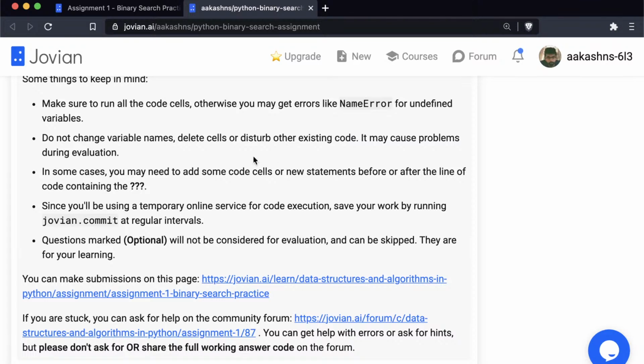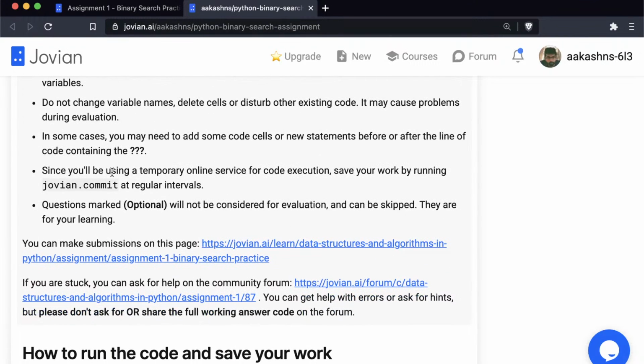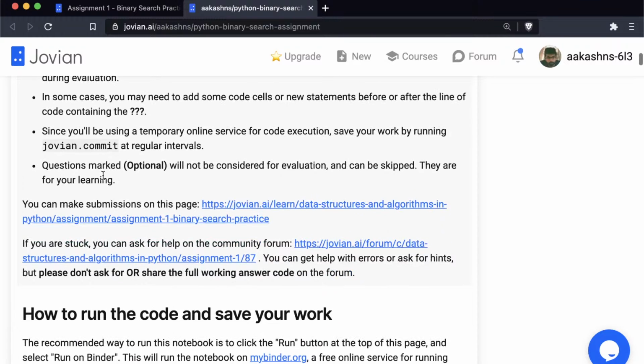You can add new code cells or new statements, but do not redefine or change some of the existing variables. You will be using a temporary online service for code execution, and we'll see how to use it in a moment. So keep saving your work by running jovian.commit at regular intervals. And the questions marked optional will not be considered for evaluation. Although we recommend doing them, they are for your learning, but you can make a submission before you have solved